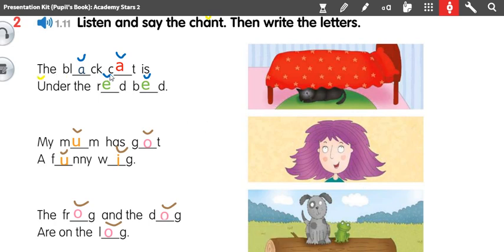The black cat is under the red bed. My mom has got a funny wig. The frog and the dog are on the